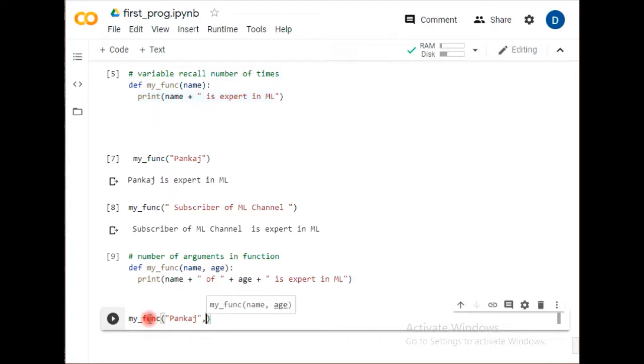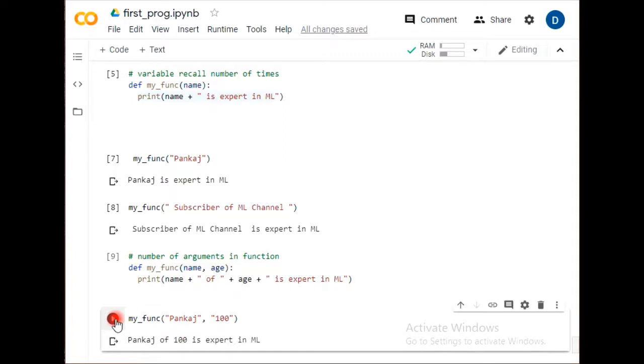Oh my goodness, I have to mention my age. So Pankaj and age of 100. Oh, I'm hiding it all. Pankaj 100 is basically the second one. So let's begin with this. How does it respond? Pankaj of 100 is expert in ML.